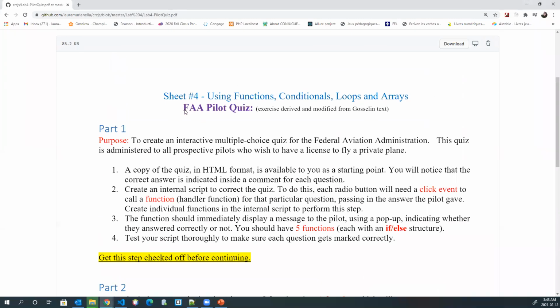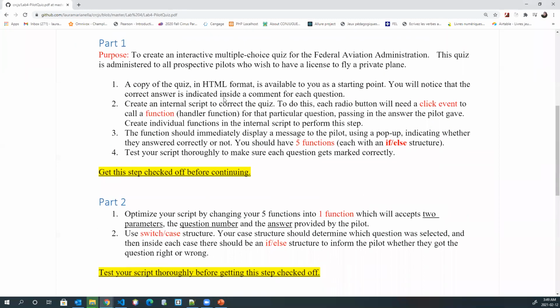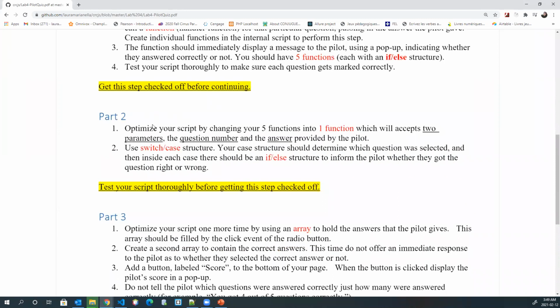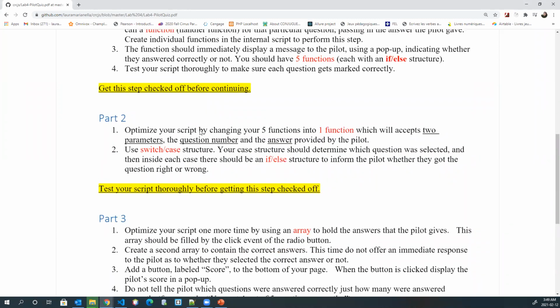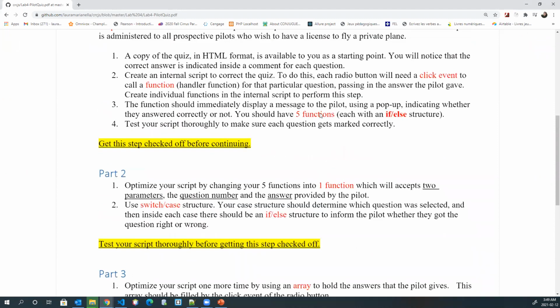We are in the lab of the pilot quiz. We already solved part one. We are going to continue with part two. So you have to optimize your script by changing five functions, because we create one function